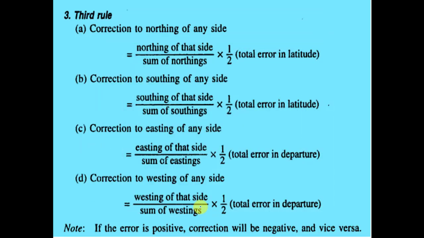And we have a last rule which is your third rule. In the third rule we are separate our northing and southing directions. So अब नॉर्थिंग एंड साउथिंग में डायरेक्शन में कौन सी एरर होती है, लैटिट्यूड एरर होती है. तो जो टोटल लैटिट्यूड एरर को हमने उसको दो हिस्सों में डिवाइड कर दिया, एक हमने नॉर्थिंग के लिए डिस्ट्रीब्यूट करना है और एक हमें साउथिंग के लिए डिस्ट्रीब्यूट करना है. ओके, तो दिस इज रिलेटेड टू योर लैटिट्यूड error. Okay, all right, so in correction of northing of any side will be equal to northing of that side divided by the sum of the northing.